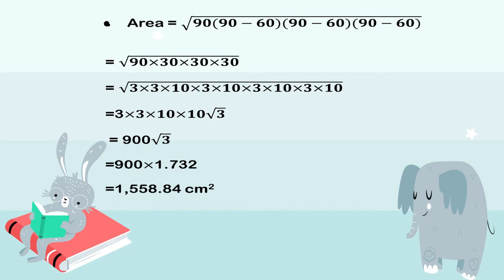How many pairs of 10 are there? There are four 10s, so I can make 2 pairs. Okay, I'll make 2 pairs of 10 also. So I can move two 10s also outside the radical sign. Now what I am left with inside the radical sign is only under root 3. So this is how you solve the radical sign.